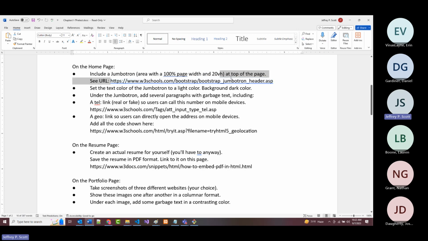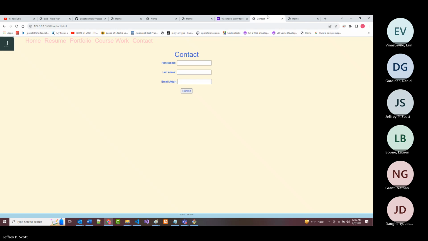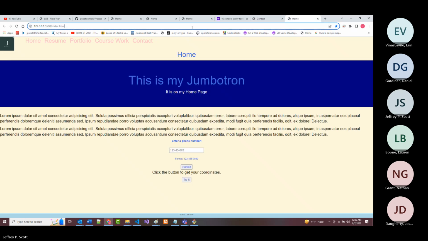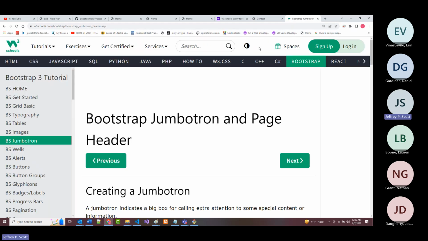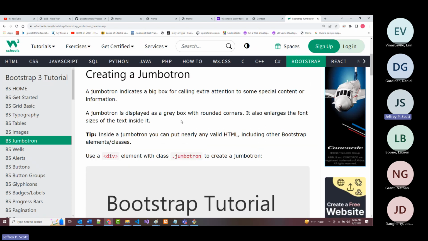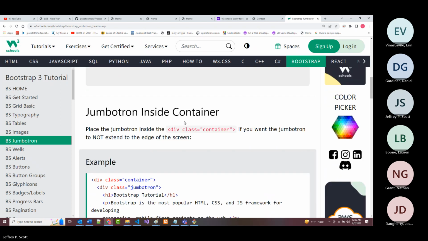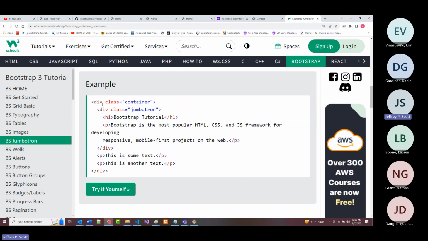So let's go out to that and take a quick look. All right. And it's got Bootstrap, Jumbotron, and page header. And they explain what a Jumbotron is. They explain that you put it inside of a container in a class called Jumbotron,